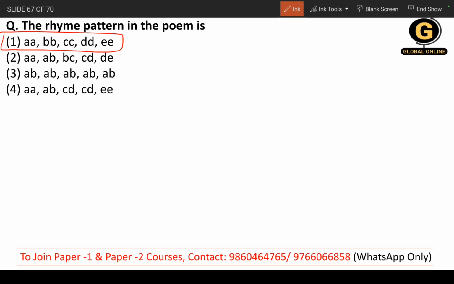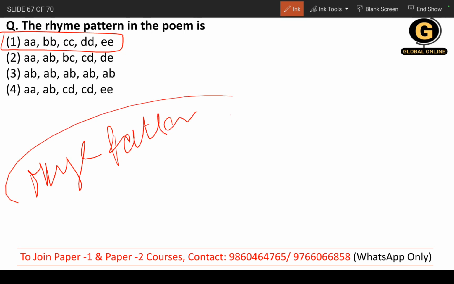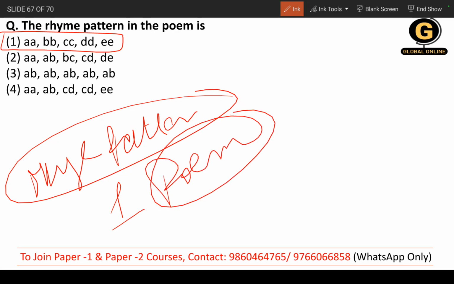With two examples I have explained what a rhyme scheme is and how you find out the rhyme pattern of a poem. That is it. You just need to know that, because you will get one question on a poem passage. We have already covered many important topics. If you really feel that you need to go through the video again, you can, otherwise you can skip and only practice.